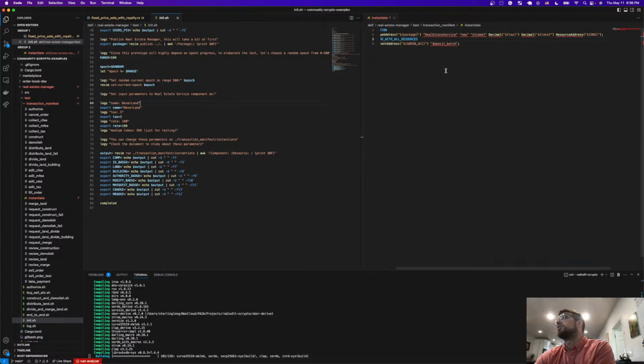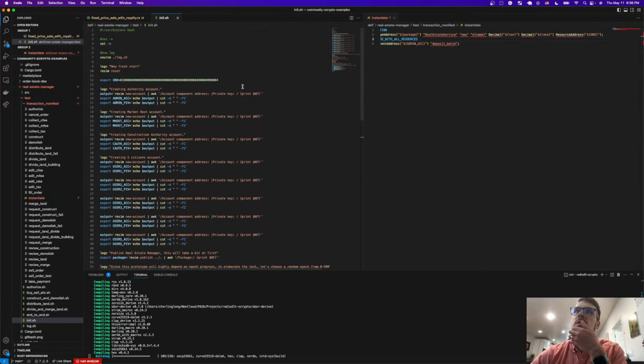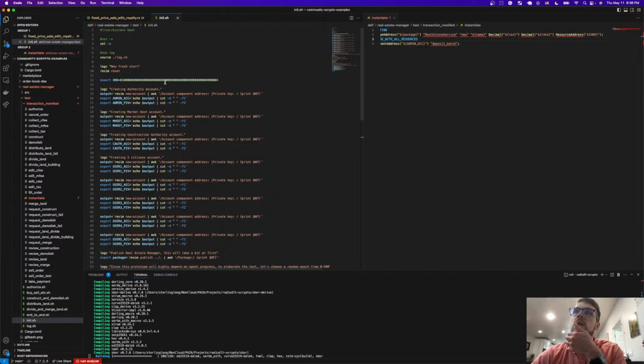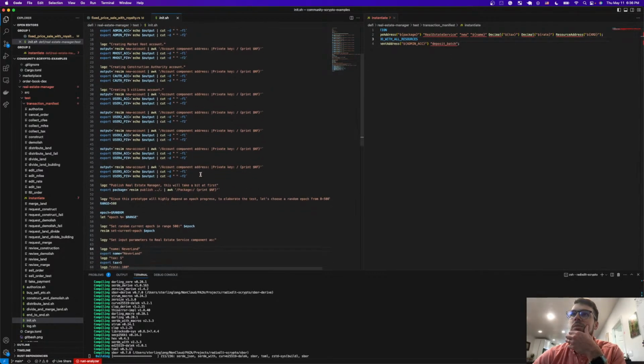So he's saying that you can change the token type. And so he's got resource address XRD. He's got the rate. Makes sense. He's got the tax. He's got the name. He's got the resource address for XRD. Does he export that somewhere up here then? Or is that just something that exists? No, he's passing it as a variable, so